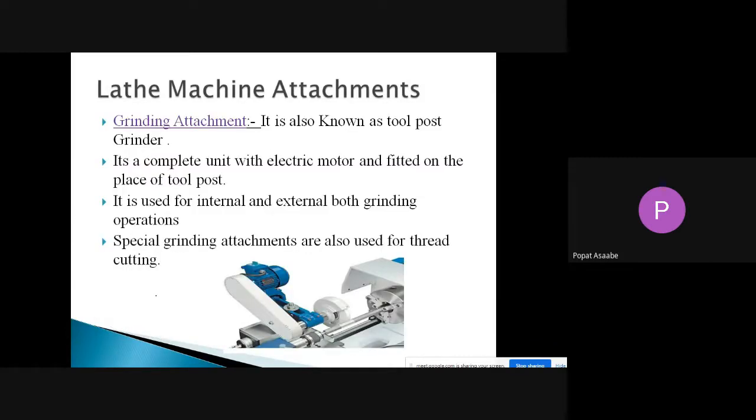Now your first attachment is the grinding attachment. What is the meaning of grinding?